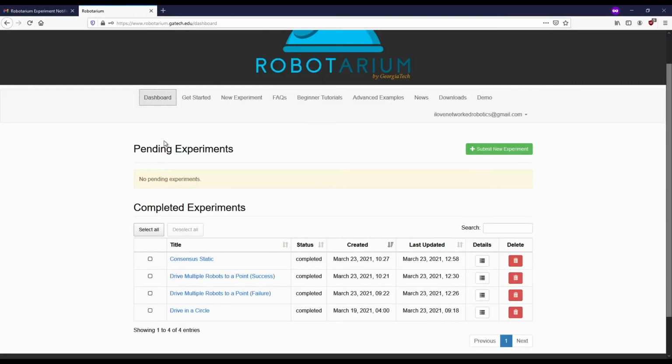If we return to our dashboard, you'll notice that our pending experiments are now empty. This is because all our experiments have been run. Down here in completed experiments, you'll see a few more than just the drive in a circle that I've submitted. We'll talk about these in a little bit. But for now, let's click on drive in a circle and look at the results that are returned to us